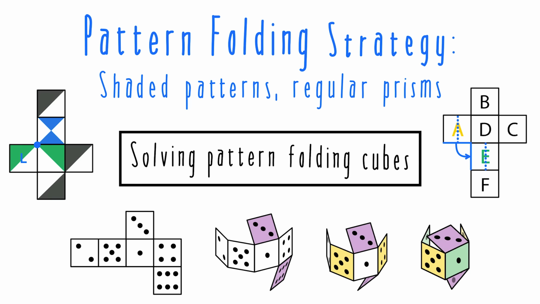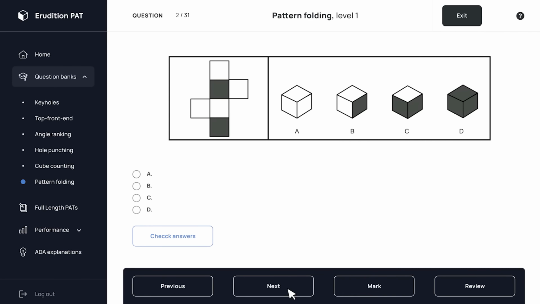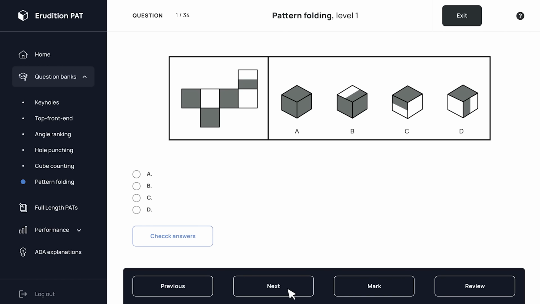Hi everyone! Today we're going to be taking a closer look at a specific type of pattern folding problem, and that would be problems involving cube structures. Cube problems can come in a variety of different flavors. They can have different orientations of maps, some have shaded patterns or symbols, and some even have unique extra faces